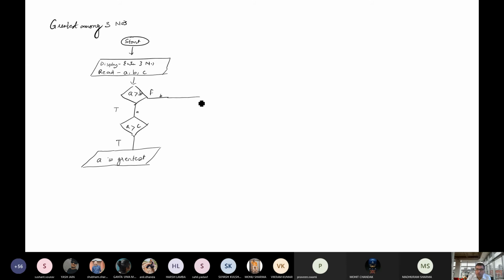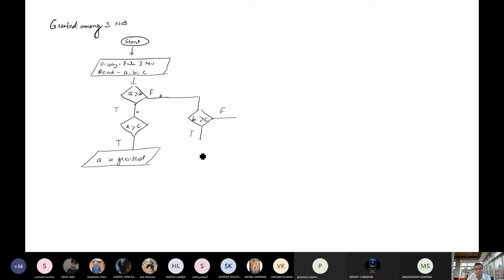If this condition is false, then you need to check, because now A is lesser and B is greater. Again, B is greater than C. Now there may be chances of true and false.